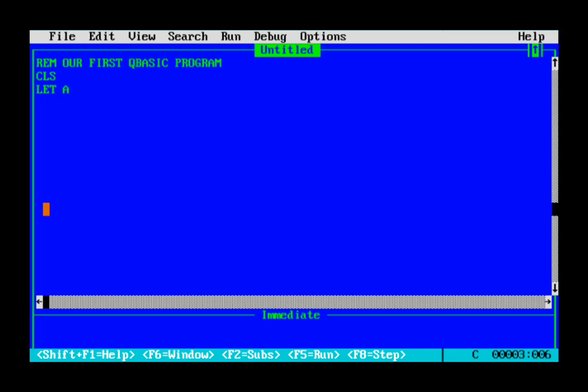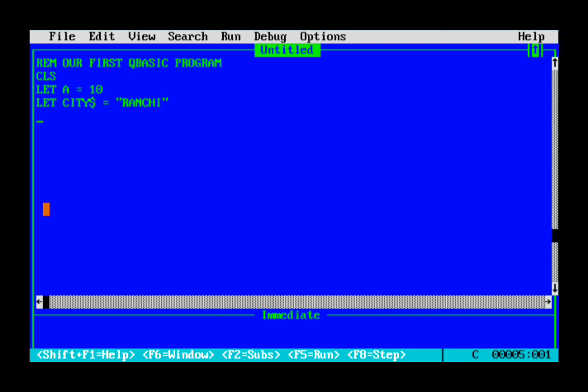Let a is equal to 10. We'll also take let city dollar is equal to Ranchi. So in a, the value 10 will be stored, and in city dollar, the value Ranchi will be stored.